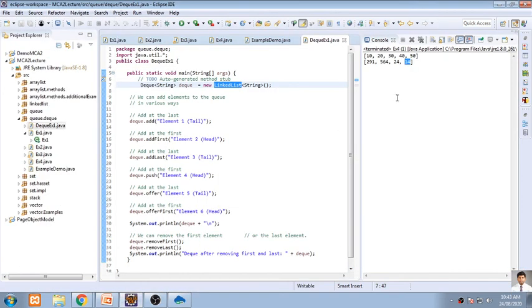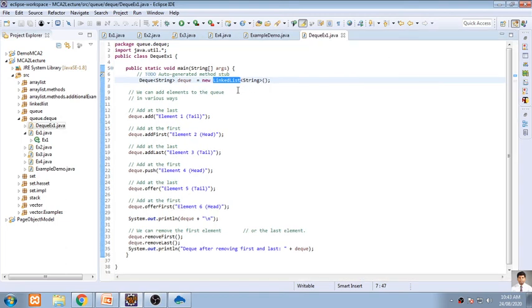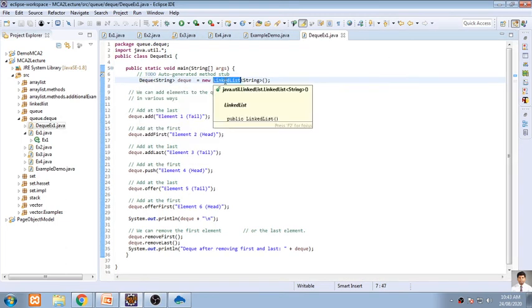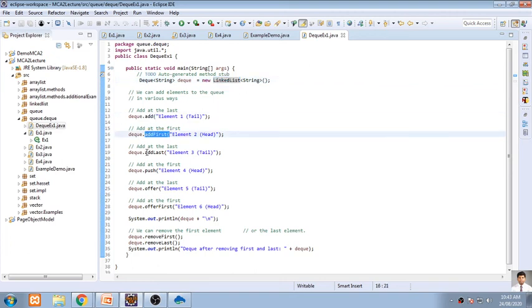So we'll go for executing this program. It's very simple. We'll be creating a DQ, double-ended queue, using linked list. Only changing the name from array list, array queue to linked list. That's the thing what we have done. And I have used add first, add last, push, offer, and offer first, and remove first, remove last. So all are being here, and I will be displaying this at every interval.